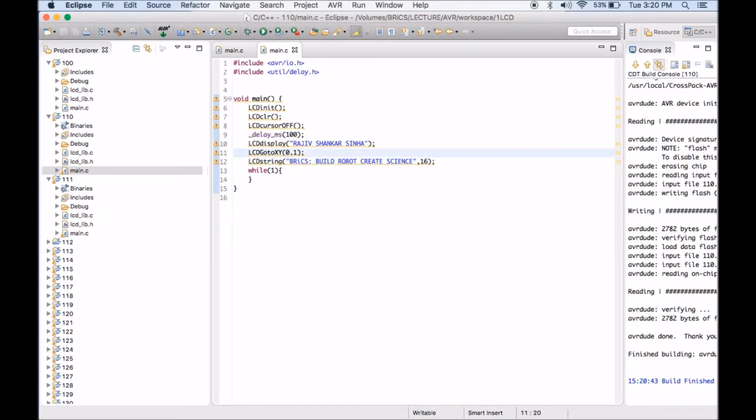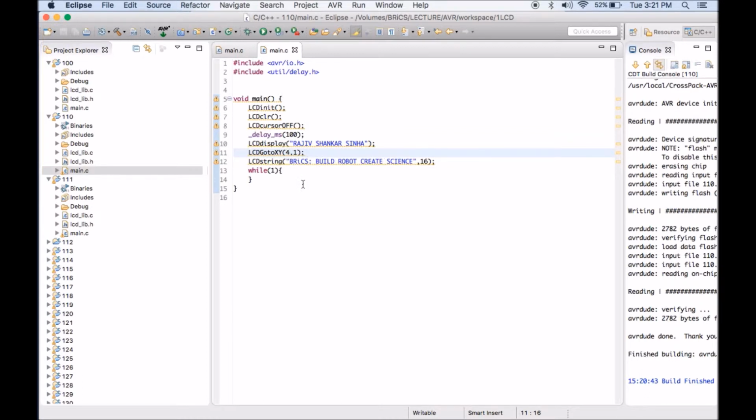Now sometimes we may want to print some text not starting from 0 of the x coordinate, then we need to change this number. Like if we want the text to start after leaving the first 4 characters, we can type 40. So bricks build robot create science will not start from 01.